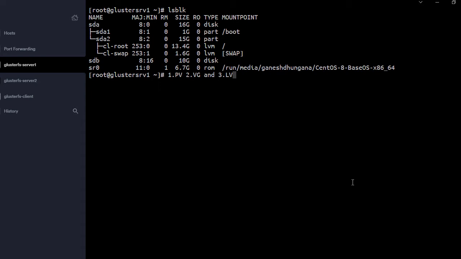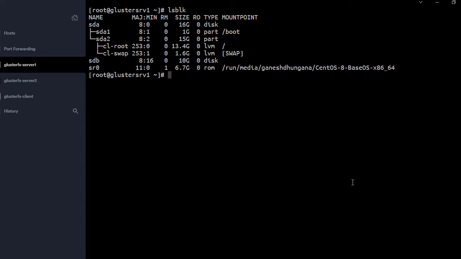So the process would be, first of all, you have to create the disk as a physical volume, and then you have to join that hard disk into a volume group, and using that volume group, you would create one or multiple logical volumes.